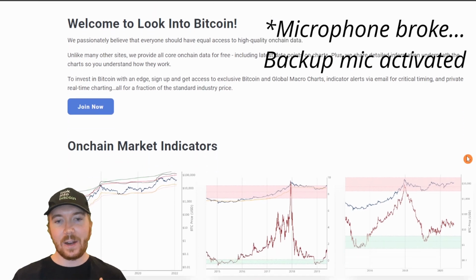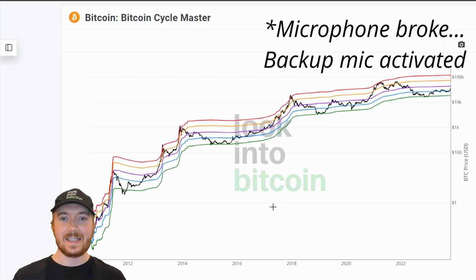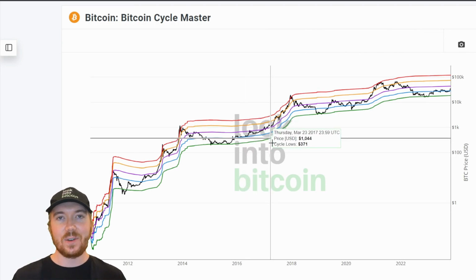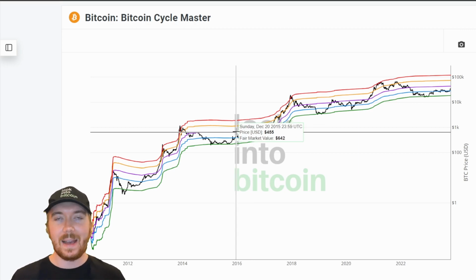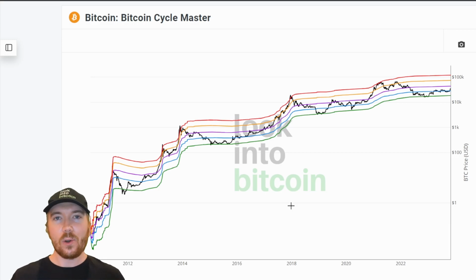And then once we collate a number of other on-chain market indicators, we get the Bitcoin cycle master, which doesn't only give you these top and bottoming price action predictions, but also these inner lines, which give you a potential fair market valuation for BTC, as well as these slightly aggressively valued and potentially slightly undervalued lines as well. And once we've collated all of these metrics, they're operating in unison, providing confluence on each one of these